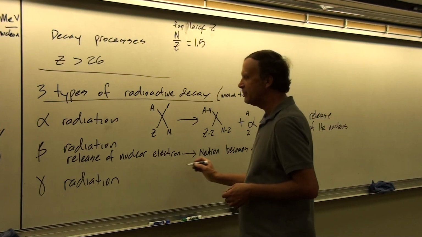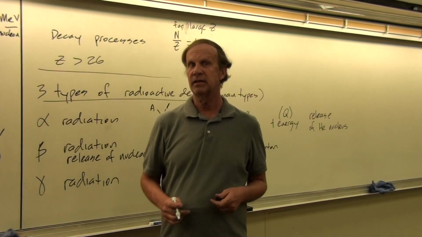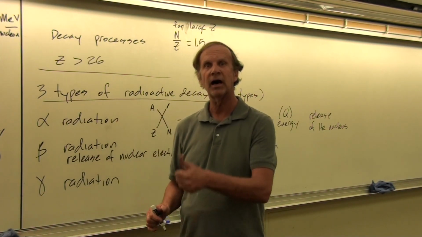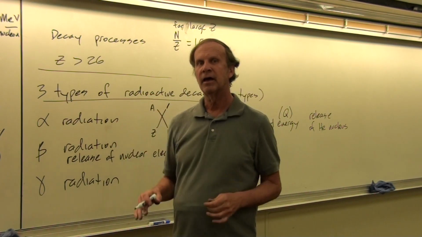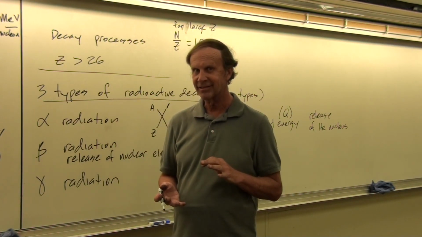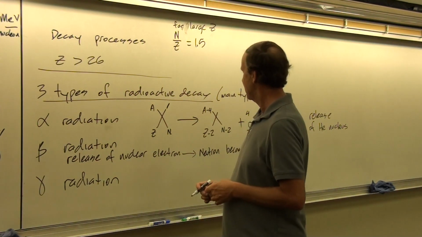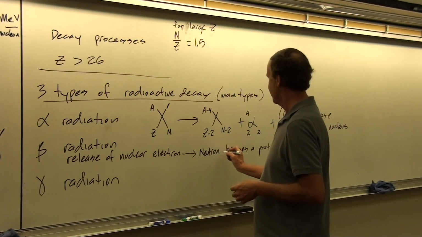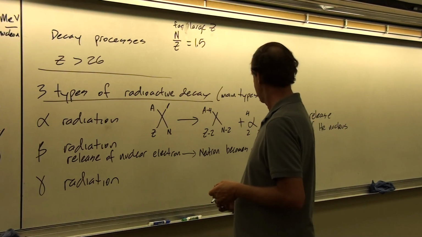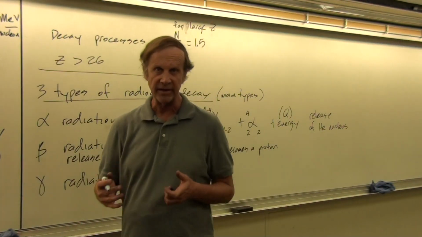So beta decay processes actually increase the Z number, make the element go to a higher proton number, higher element, but with the same mass number, because an electron doesn't affect the atomic mass number. So in this process, a neutron becomes a proton, and a nuclear electron is ejected from the nucleus.